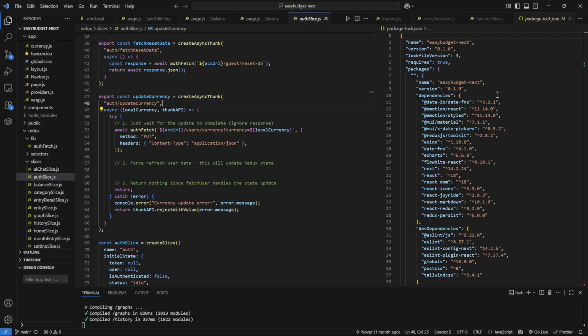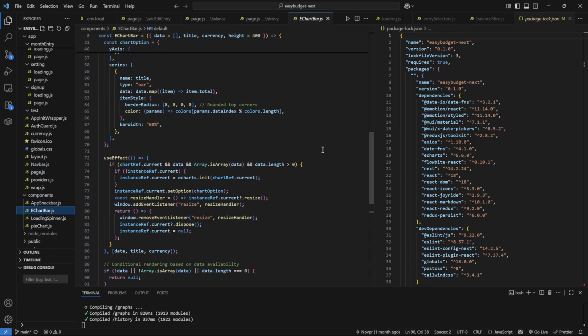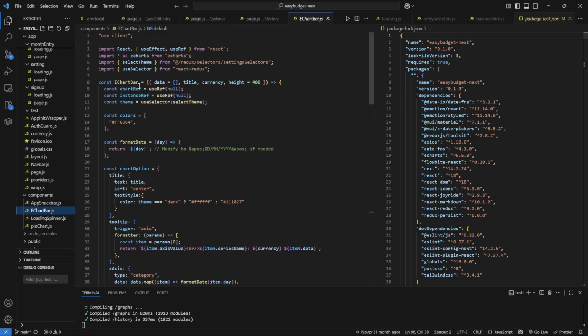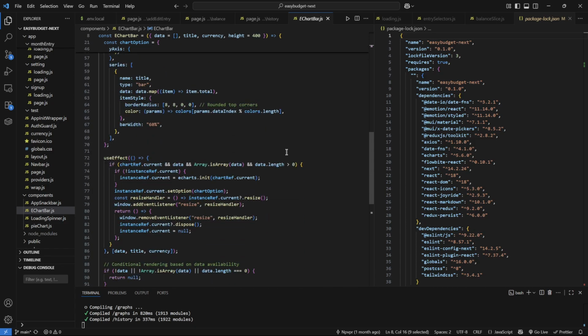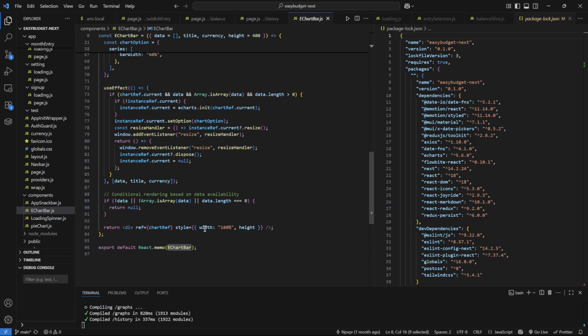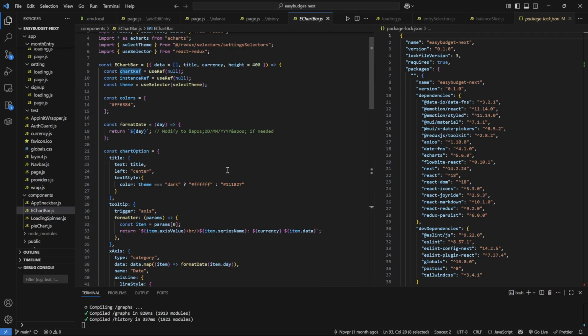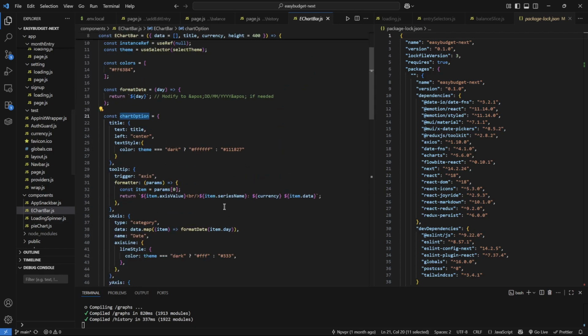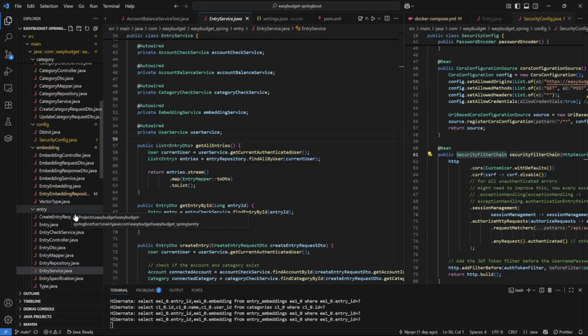For the graph on the front end, I use the ECharts library, so I can automatically show the pie chart and bar chart. So that's the option, and then for the filtering from the backend,